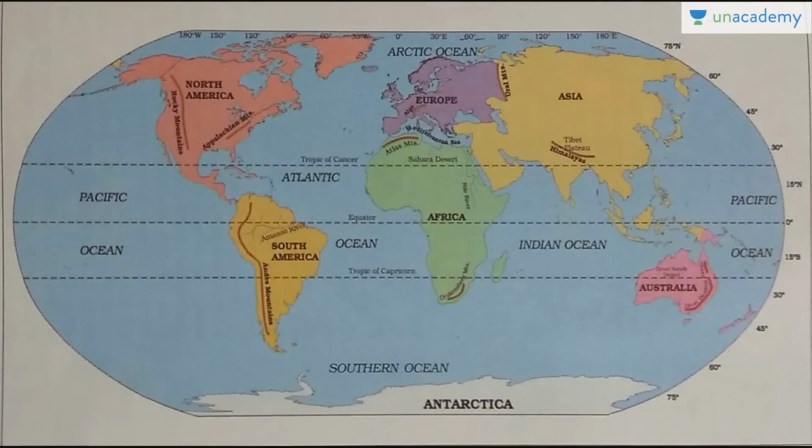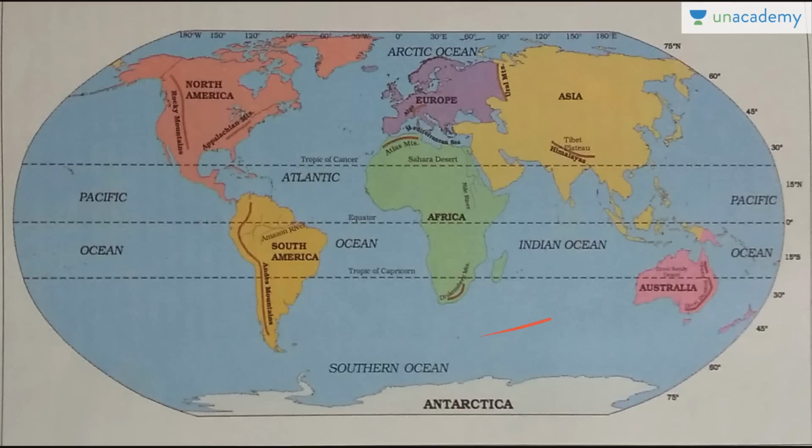Now this is the broader map I was talking about, where whatever we have discussed is summarized, not in detail. Like the Nile river, the Amazon river, the Andes mountains, the Sahara desert, then the Himalayas is here, the Ural mountains are here, then these oceans are here, then these are the continents. This is the Rocky Mountain, this is the Appalachian Mountain, this is the Andes we have done already, this is the Great Barrier Reef, here it is the Tibetan Plateau, here it is the Atlas Mountain, here it is the Mediterranean Sea. More or less here it is the Alps mountain.